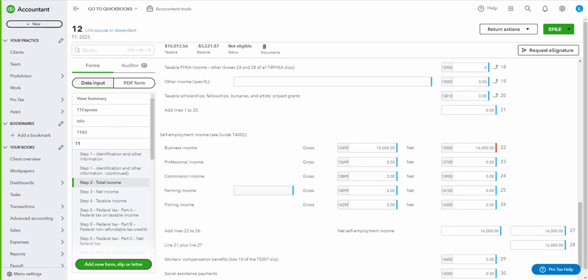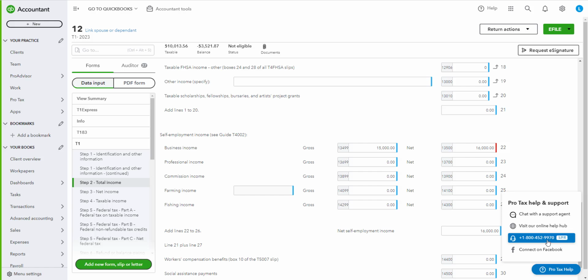Now, let's say you need support with ProTax. Something's not functioning correctly. You have a question, you're not sure what to do. We have the blue ProTax help badge at the bottom right of your return. If you click that, you'll see a few options. So there's chat with the support agent. There's visit our online help hub, which I mentioned earlier is our community hub, and a phone number to be